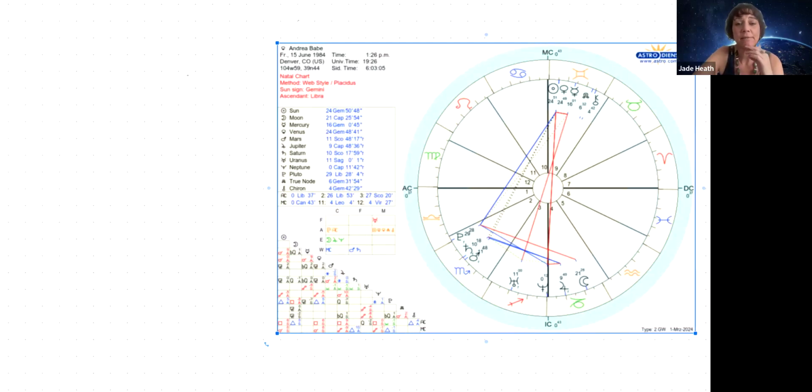So that's interesting as we're looking at that a little bit closer. This house party in the second house, but you also have Pluto right on the anaretic degree of Libra. Pluto is a slow moving planet, so this is more of a community signature. People born within a certain number of years within each other are going to have Pluto in that section of Libra. So you are still at that final degree of Libra,